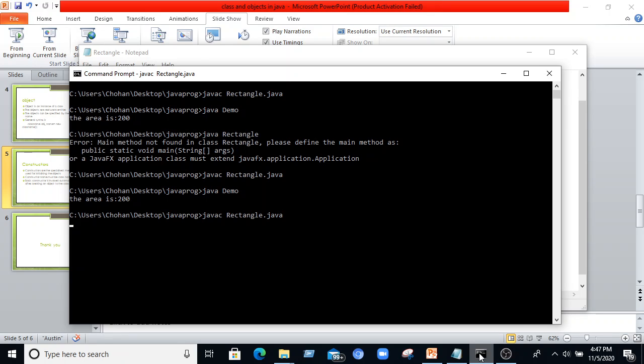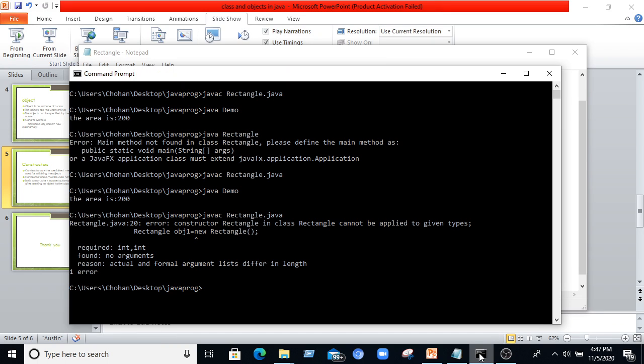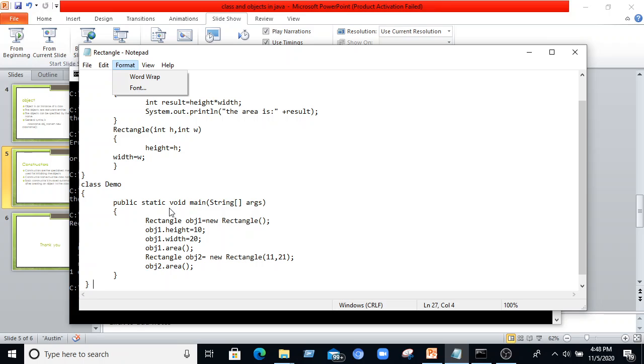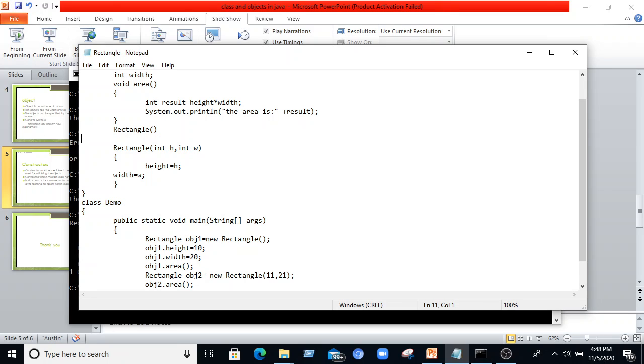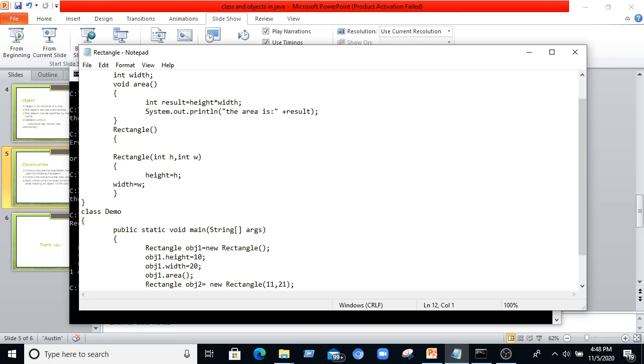Here, for object 1 new Rectangle, there should be an error. Why are we getting an error? Because we didn't create the simple Rectangle constructor. That's why it shows the error.